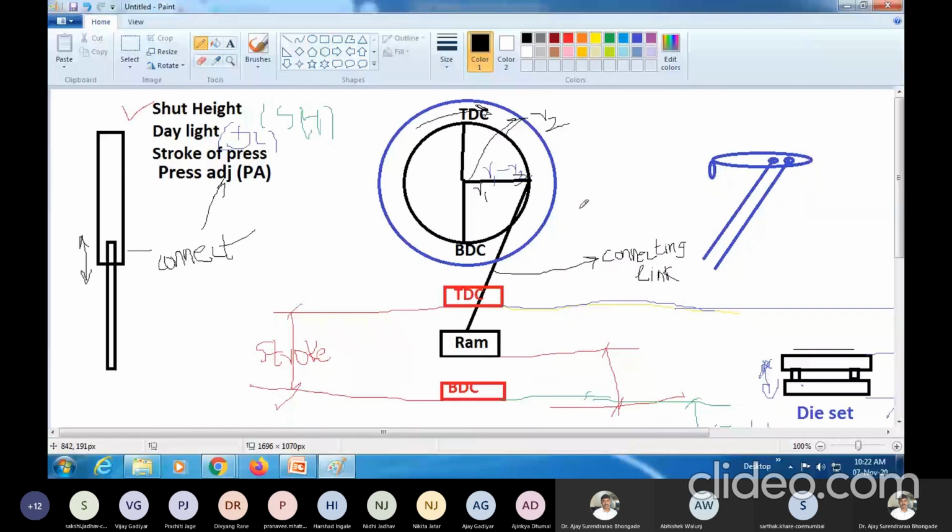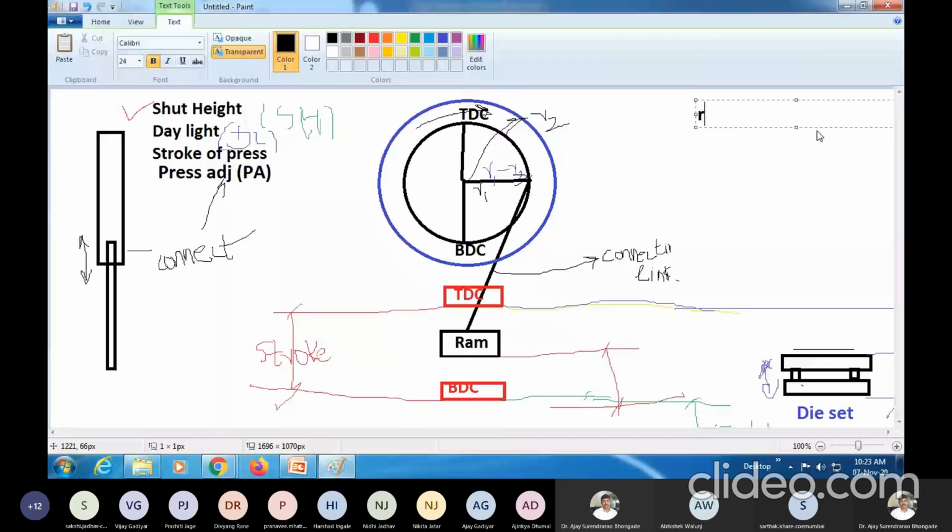By this press adjustment, we can get various positions of the RAM, correct? Let us say the crank radius is R1, and it is at the BDC position.